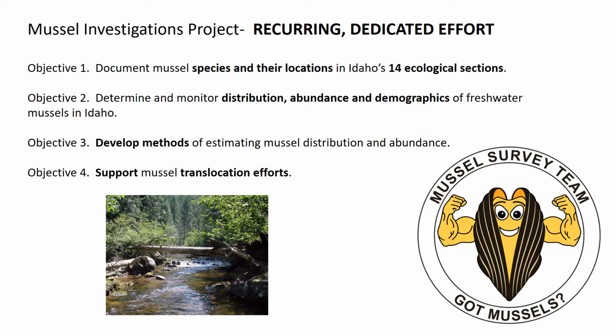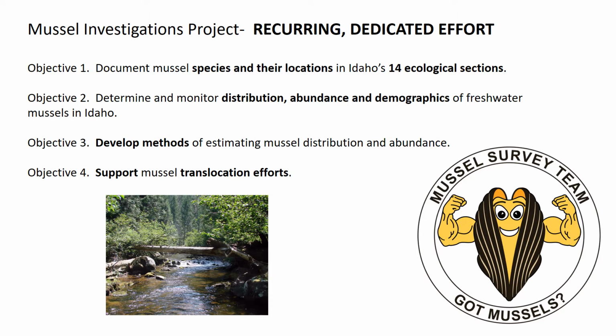The Idaho Mussel Investigations Project is a recurring, dedicated effort with 4 objectives. Objective 1 is to document mussel species and their locations throughout Idaho in its 4 ecological sections. Objective 2 is to determine and monitor distribution, abundance, and demographics of freshwater mussels in Idaho. Objective 3 is to develop methods for estimating the distribution and abundance of mussels, and Objective 4 is to support